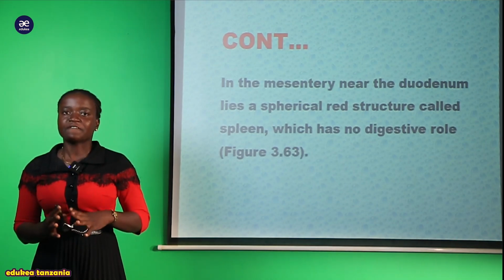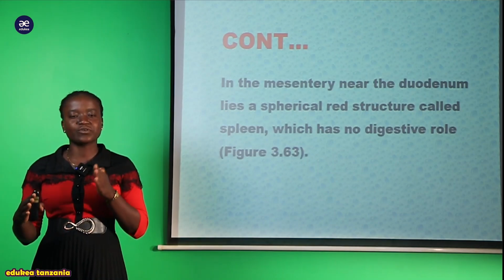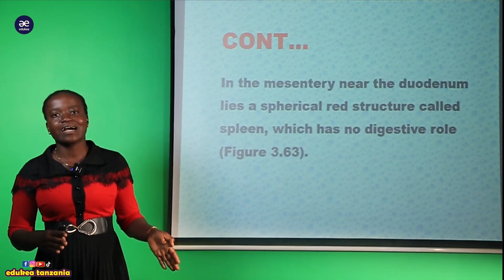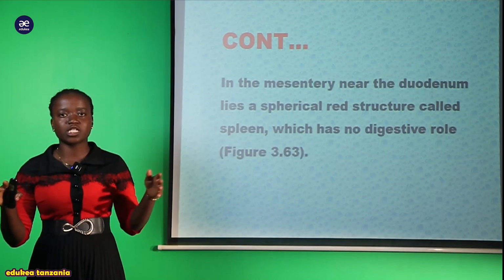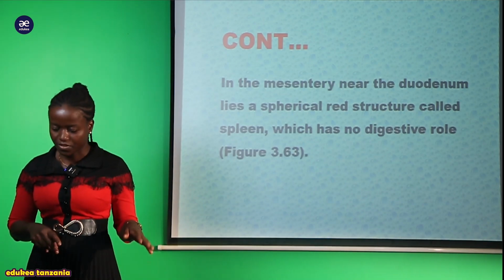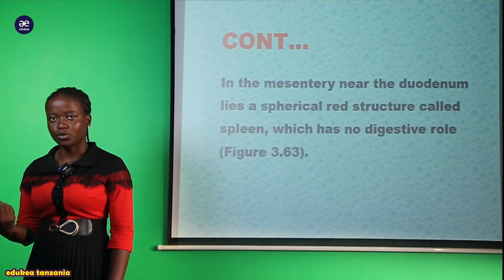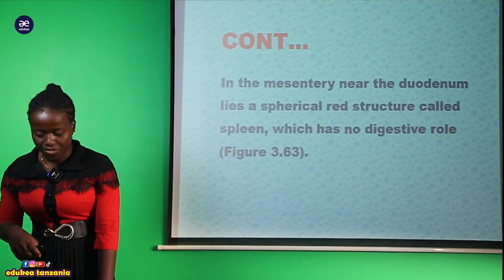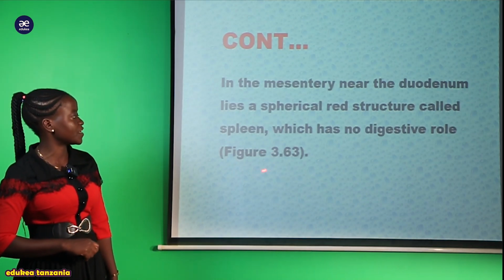But remember, the function of the spleen, any spleen inakuwa haina kazi yoyote ndani ya frog. Rather than in other animals, this spleen inakuwa ina kazi nyingi sana, but within the frog, this spleen has no any digestive role. But now, my student, we have to see the diagram of the figure